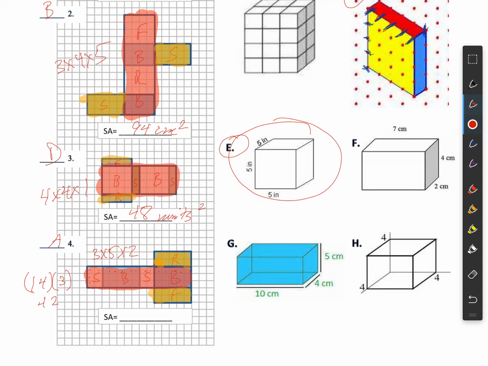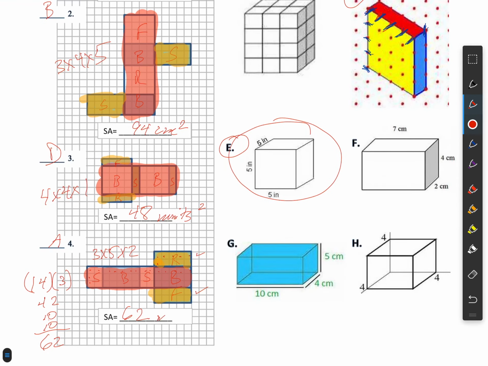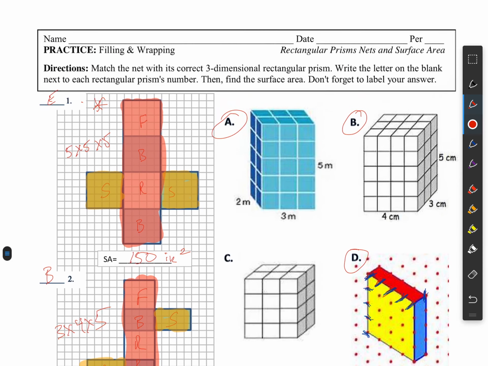Now the area of the orange, 1, 2, 3, 4, 5 by 2. So 5 by 2, that's easy, that's 10. Don't forget there's 2 of those. So I have the second one. I add those up, 42 plus 10 plus 10, and I end up with 62. Unit of measure for A is meters squared. So this is how we find our surface area and match our rectangular prism nets to our 3